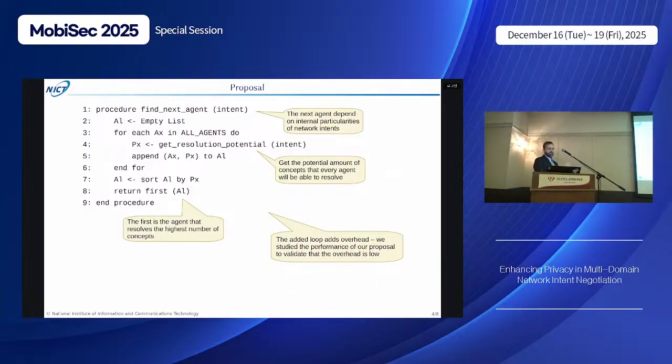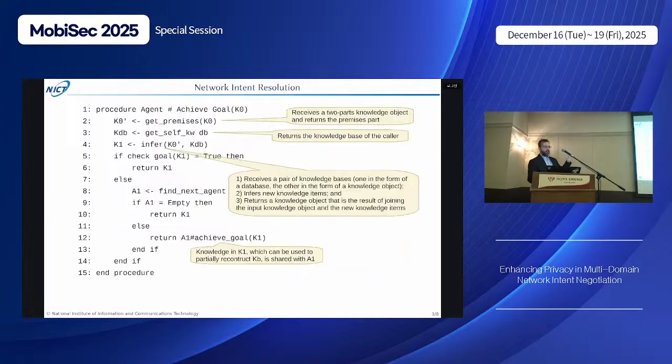So we first ask all agents to get what we call the resolution potential from the original network intent. Here, what we send to the next agent in each case is the new information, let's say the new knowledge, after processing the previous one. So in each step, we are advancing towards the solution. In this version, the find next agent can be any algorithm, for example, round robin or whatever we can use. And in the modified